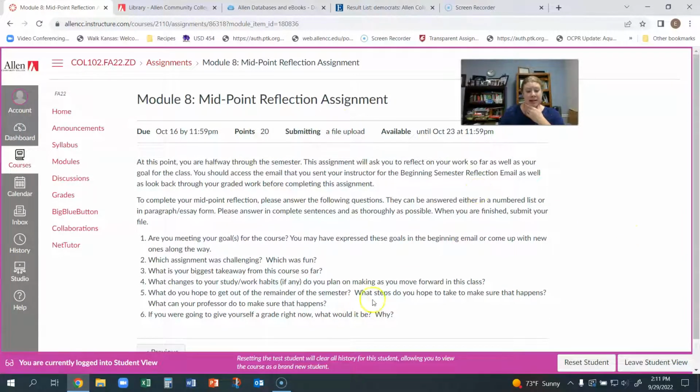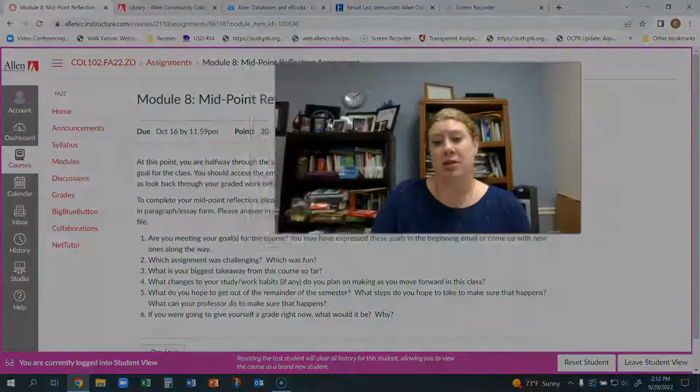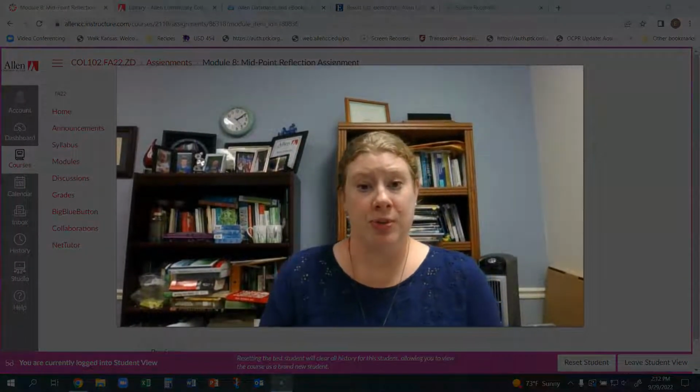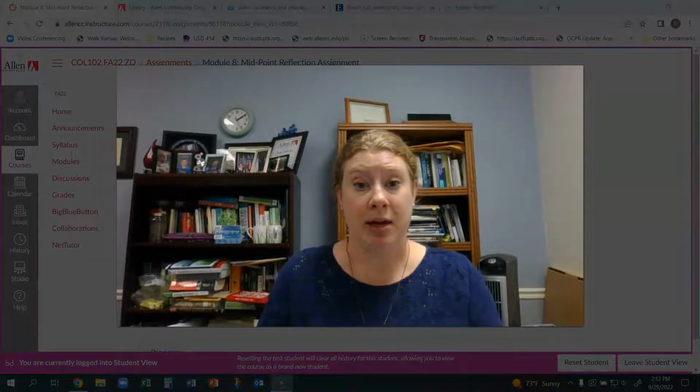And then the last thing in the module is the midpoint reflection. And this is just your halfway point reflection on the semester. I'm not looking for anything excessive, but I do want you to answer the questions and just give me some feedback. This is kind of your chance to assess what you've done so far, whether you're meeting your goals for the class, what you need to change for the rest of the semester, that kind of thing. So halfway point, hopefully you're doing okay. If you need anything, send me an email. Otherwise, have